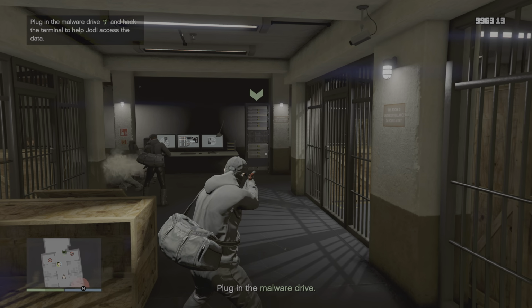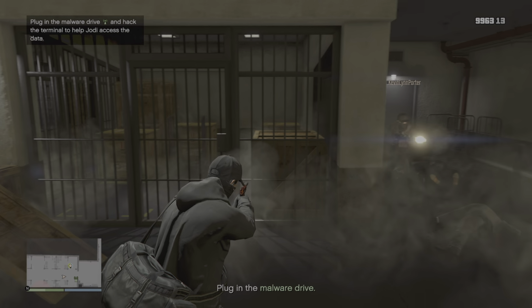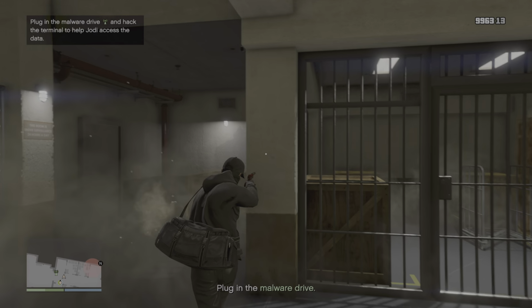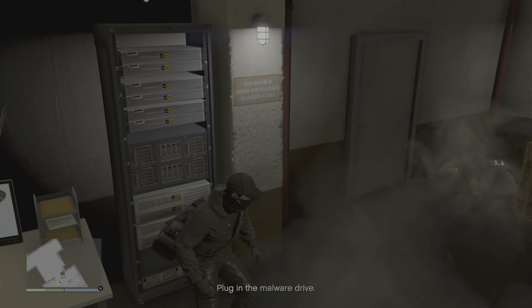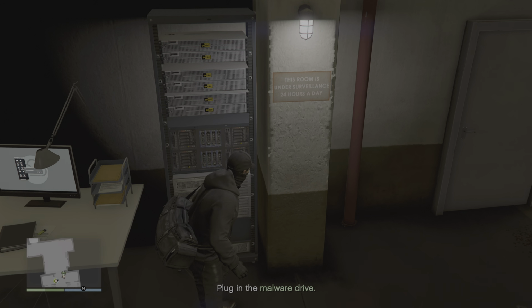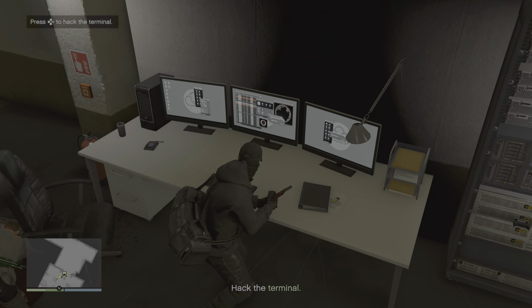I'll tell you that in a minute, hang on. Let's plug in the malware here. Insert the malware drive. Alright, now we have to hack the terminal. So we're going to come over here, press the right directional button,